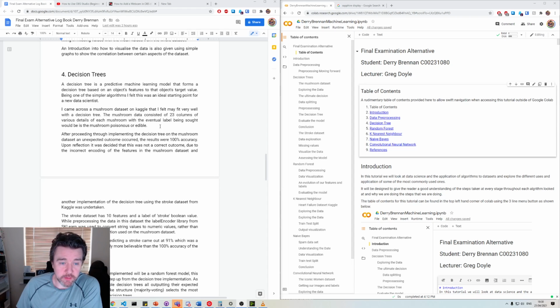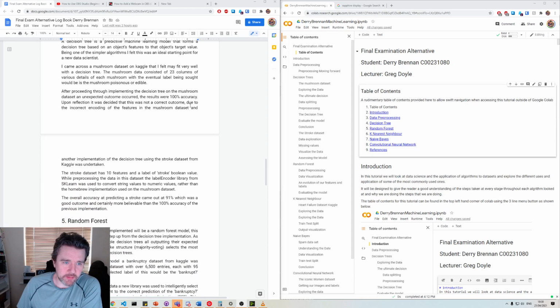All the features within the mushroom data set were character based, and they need to be numeric for the decision trees. So I used a kind of homebrew method of converting those characters into numeric values, which turned out not to be great because my overall accuracy for this one came out to be 100%, which I felt was erroneous. So on reflection, I decided to leave this in here as a kind of cautionary tale, and repeat the process